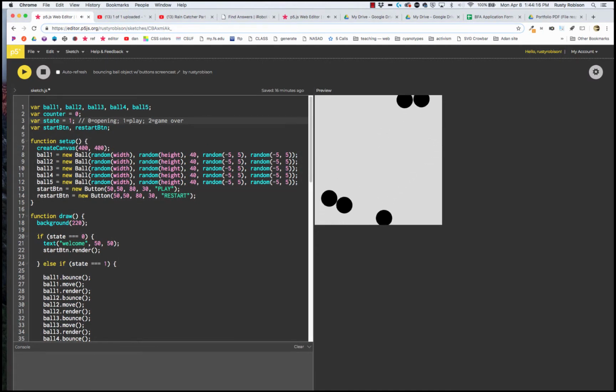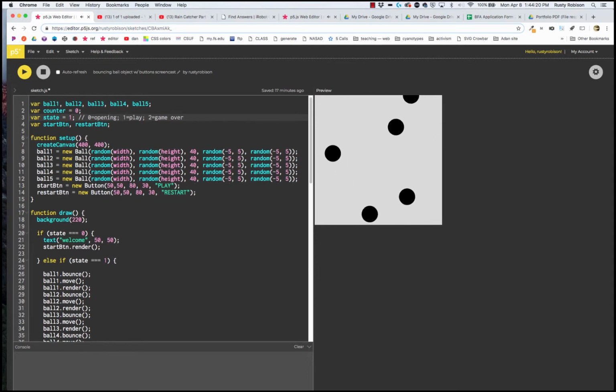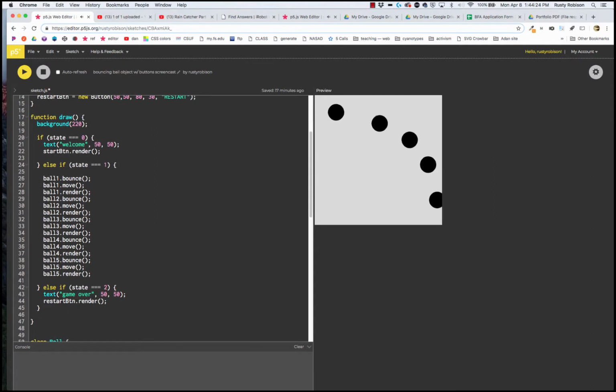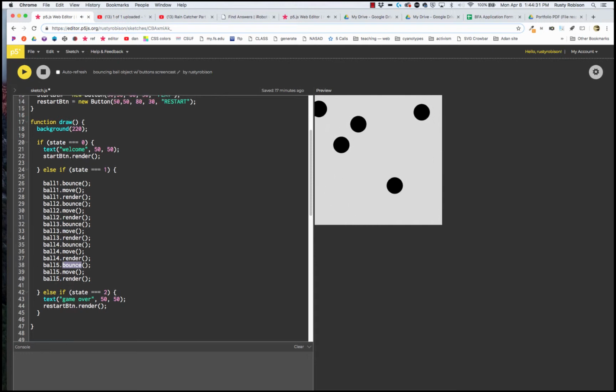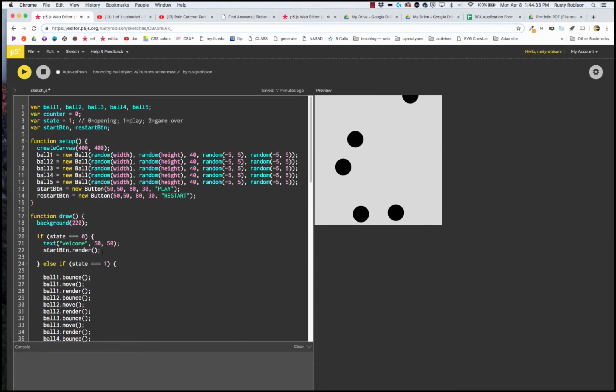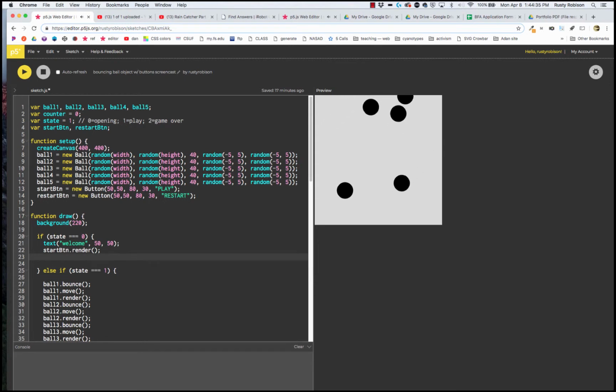There's so many different ways to do this. What I'm going to do in this case is have each button checking for itself. And we did that before, like this function here, bounce, where the ball is checking to see if it's hit the edge. I'm going to do something similar, and I'm going to give each button